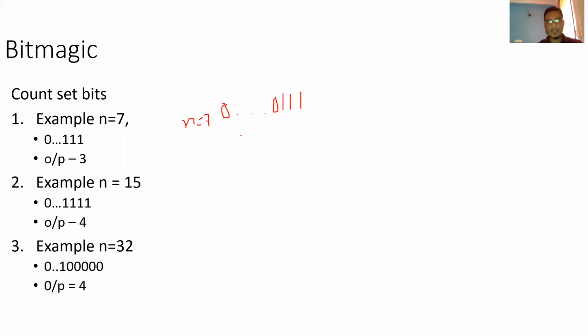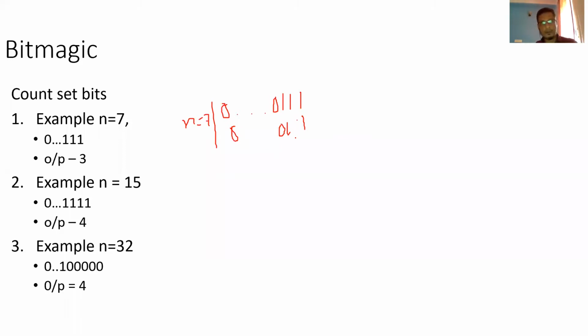In computers, everything is bitwise. So this kind of question is pretty common in interviews, just to check how much knowledge you have on the bitwise operator side. So how will you check? It is pretty simple. What you do is you try to AND with 1. First you try to AND with 1.